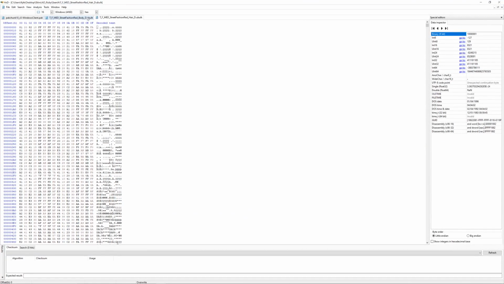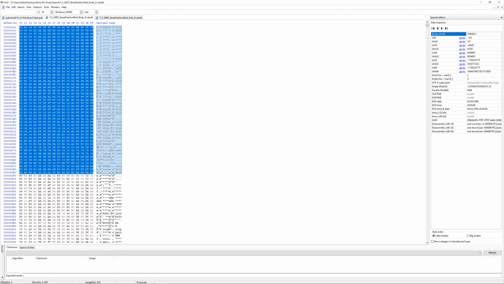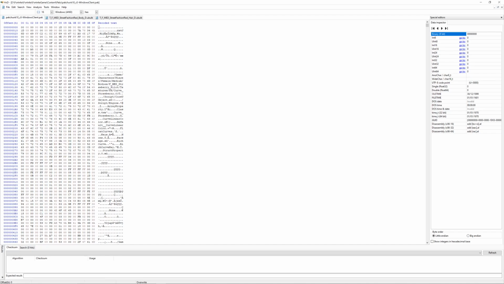So you want to go ahead and go to your D. You want to search for it. Now I'm going to do body first, so body underscore D. You want to highlight a few lines. I tend to do a few more than 5. So you want to do Control C, go into your pack, Control F, search, make sure it's set to hex values instead of text string, click OK, and now you want to let it search.